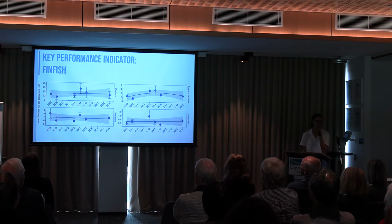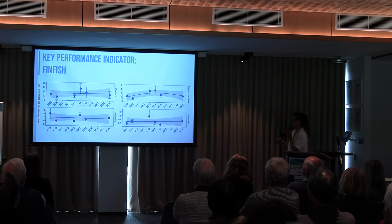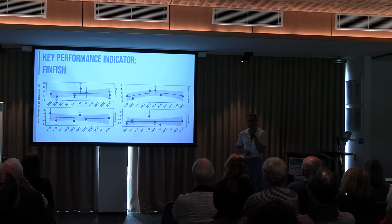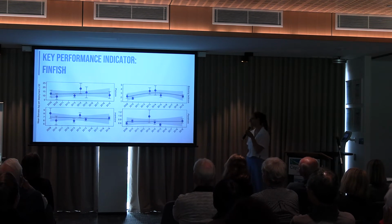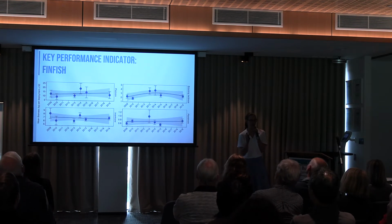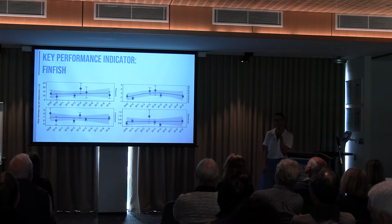Another way that we split up this kind of data is looking at what we call community composition. So, for example, on the top left, you've got the piscivores, so this is big fish that eat other fish. Invertivores, slightly smaller fish that eat inverts, etc., etc. And we split the data up this way, which again is showing very, very stable communities, but we split it